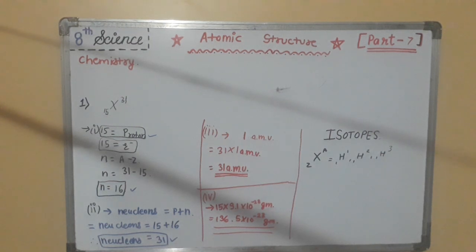After that, you have observed that they have the same atomic number, Z equal to 1, with different mass numbers, A equal to 1, 2 and 3 respectively. Second, we have observed that they have the same electrons and protons with different neutrons. Such atoms of the same element are called isotopes. Atoms of the same element having the same atomic number Z but different mass numbers are called isotopes, or the atoms of an element which differ in the number of neutrons are called isotopes.